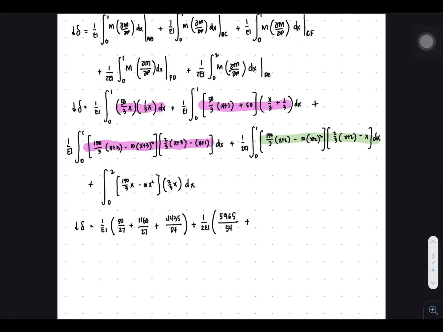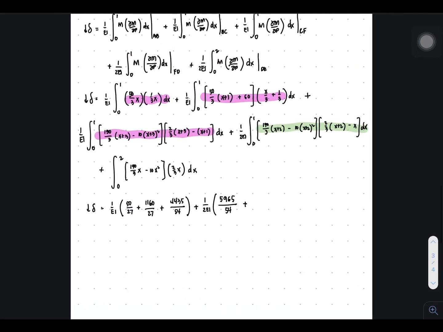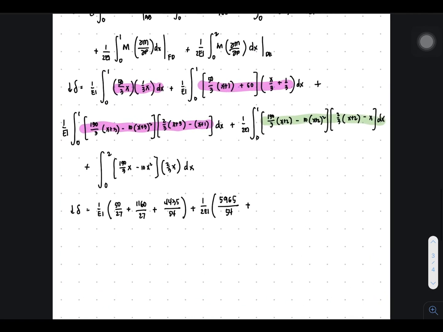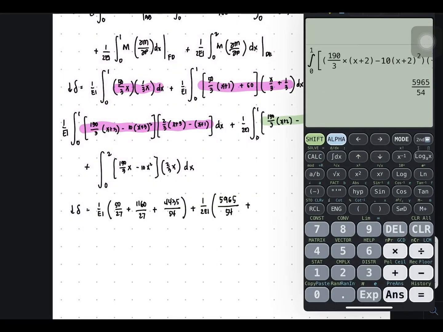So we are now in, where is it? We are now in